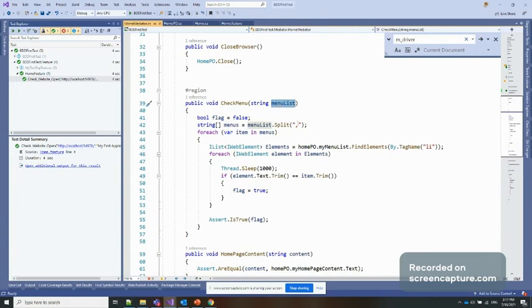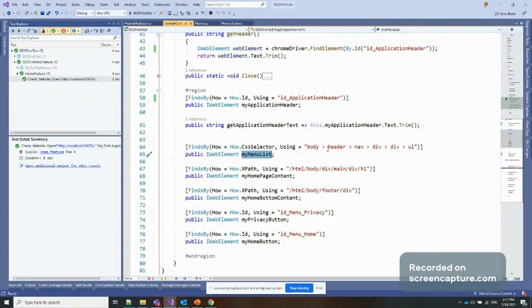Now we are splitting this with the comma into a string array, and looping over it. You can see we already have this variable containing the XPath or CSS selector.